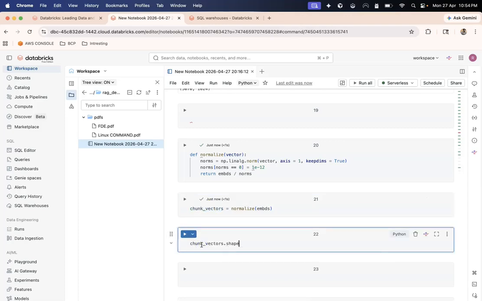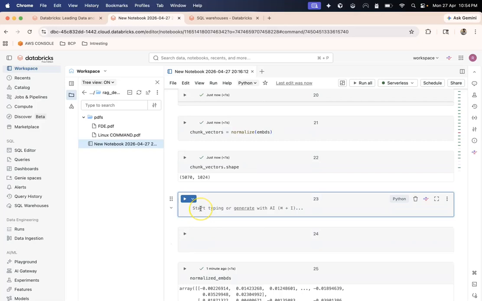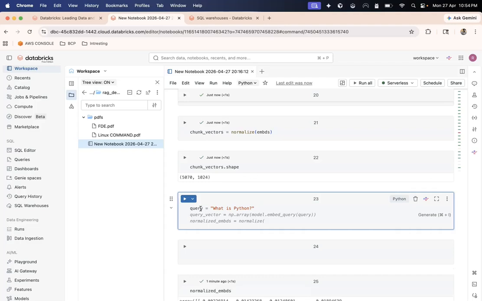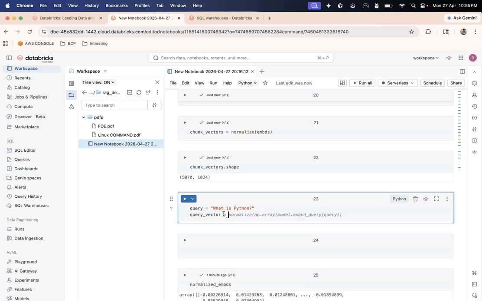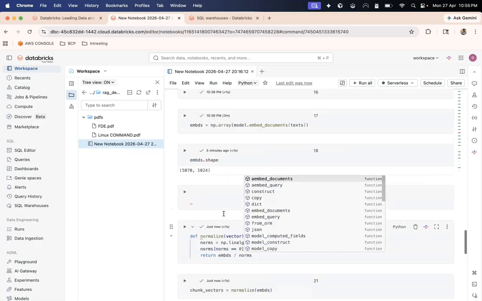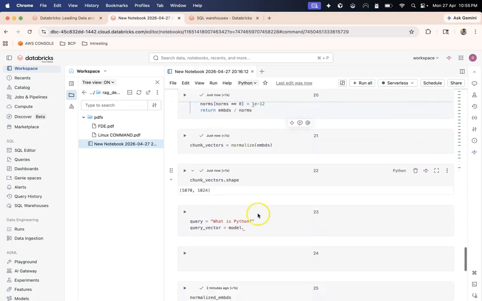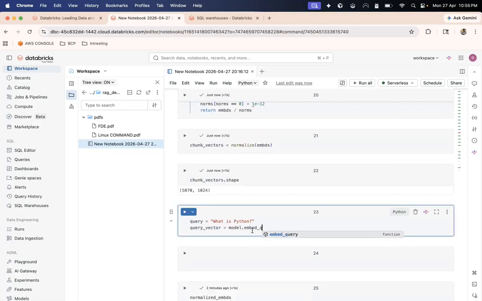So let's check the shape of chunk vectors. Let's take a query. The query, for example, is "What is Python?" Very simple query. Now I would like to get the embedding of it. I'll say query vector, and you can see Genie Code is already working its magic here. I can do something like model.embed_query, and here I can pass the query.